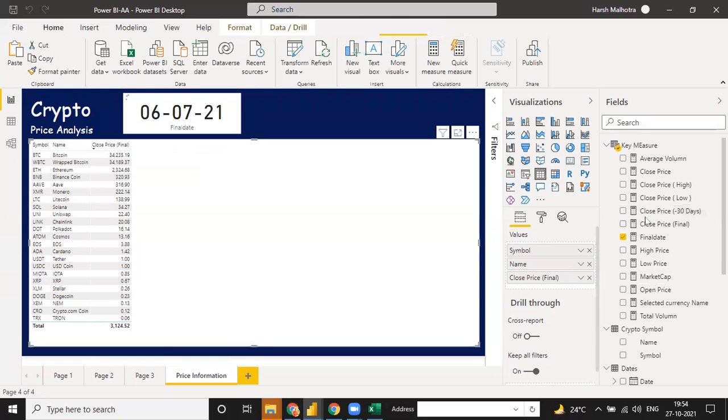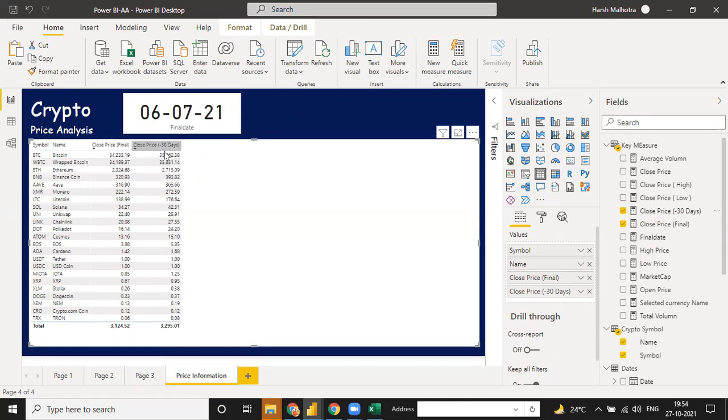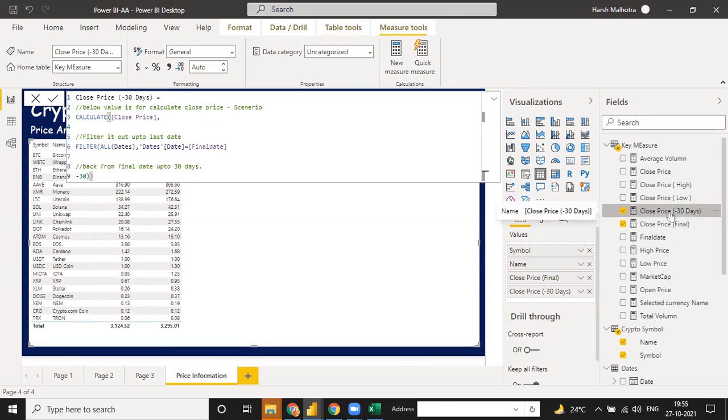If I click on this close price minus 30, see, it will give you the close price minus 30, meaning 6/7. If you go to this minus 30 days, this Bitcoin value will be 35,862, but now 34,235. So you can find any difference of this, any percentage changes of this. Okay, so now understand this function, guys. Close price 30 days. For anything else, if you have doubt, you can tell me in this function, because this function is important for your many calculations.